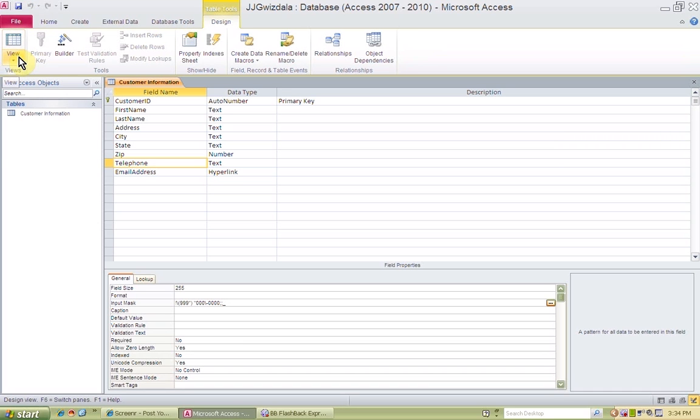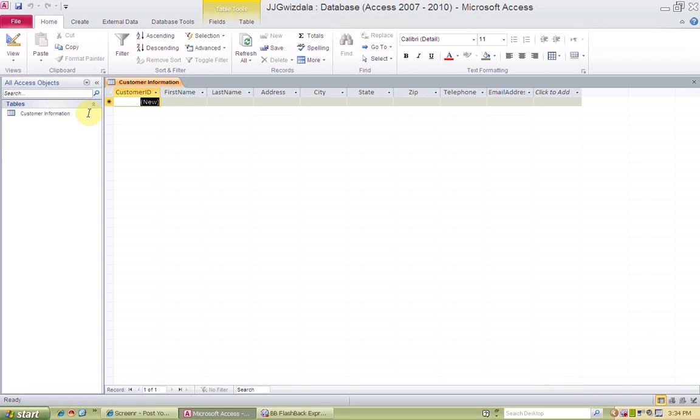And now we can go ahead and put in some of our data, some records. Go back into Datasheet View. I'm going to tab over to First Name. And here you can see the customer ID. It defaulted to 1, and the next one will be 2. I'm going to go in, address, city, state,